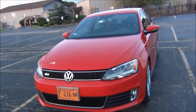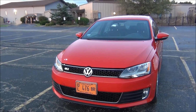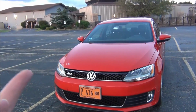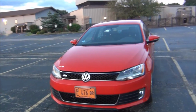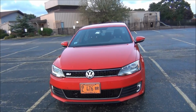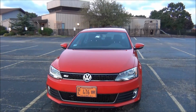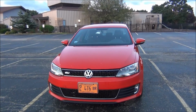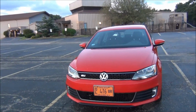just has like the regular halogen ones. It does have fog lights though. And I really like the honeycomb grille. I think it looks really nice, and it has kind of the chrome stripes on there as well with the GLI emblem in the grille. It's kind of a classic GLI look. They did a similar thing on previous generation GLIs. I think it looks really nice. It's kind of an aggressive look, but it still has the mature and sophisticated kind of profile of the regular